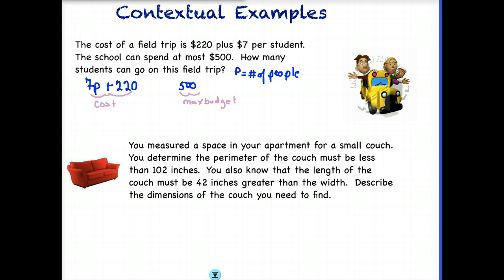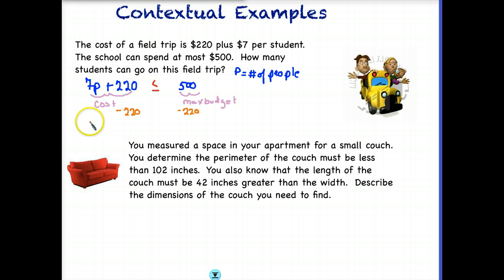So all we need to finish this problem is an inequality sign. And we have to think about what this is saying. We can spend at most $500. That means that this side has to be less than or equal to $500, but it cannot be greater. This problem says how many students can go on this field trip, so we would want to go ahead and solve it. We would do that by subtracting 220 from each side. Let's choose another color here. So we would take 220, subtract from each side,